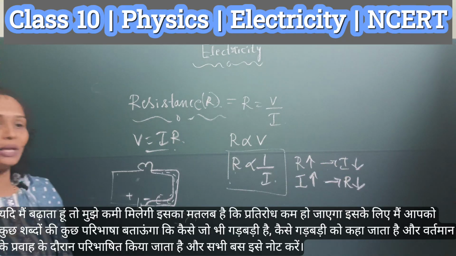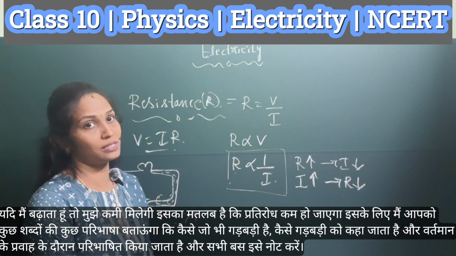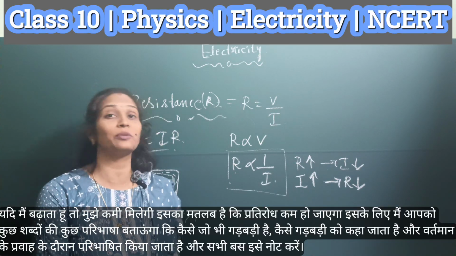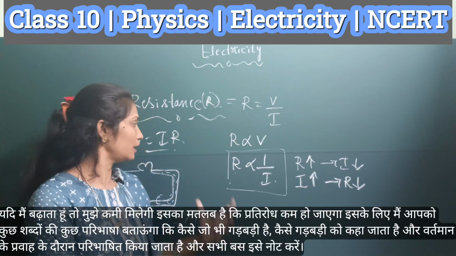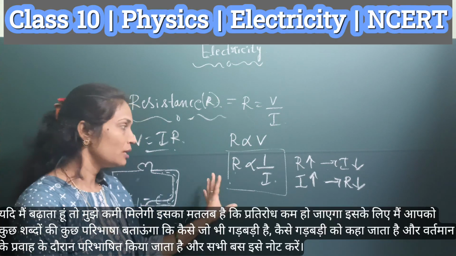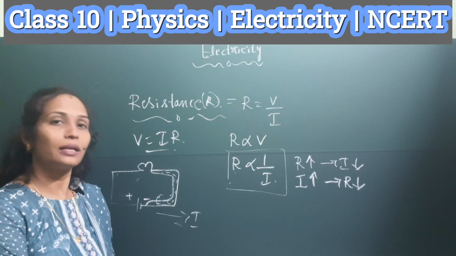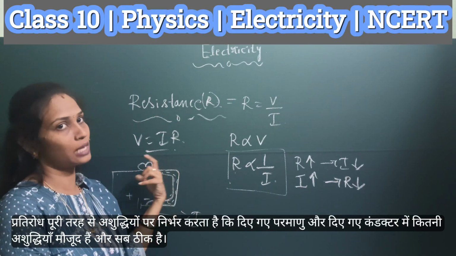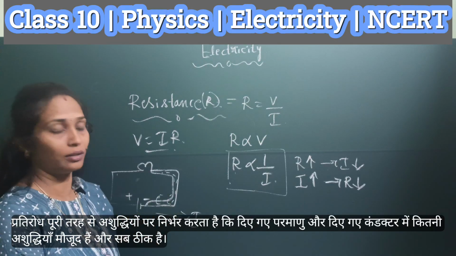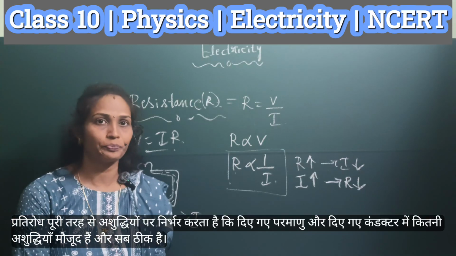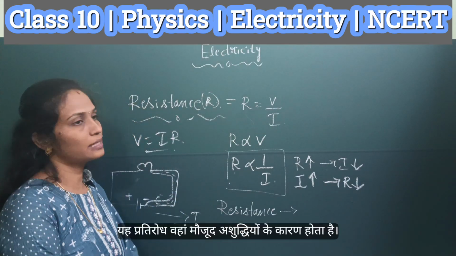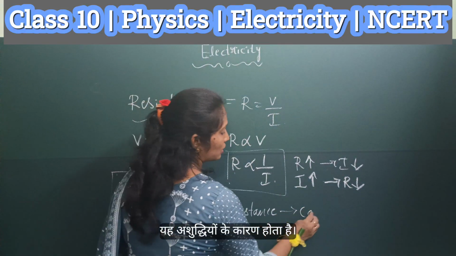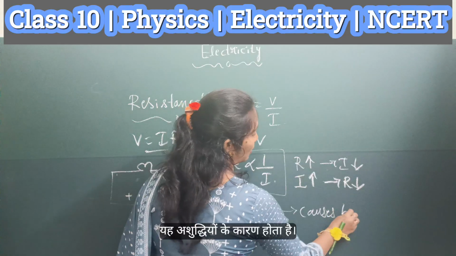For this, I'll explain some terms and definitions, how the disturbance is termed and defined during the flow of current. Just note down this one. Resistance is purely dependent on the impurities, how many impurities are present in the given atom and the given conductor. Resistance is caused by the impurities